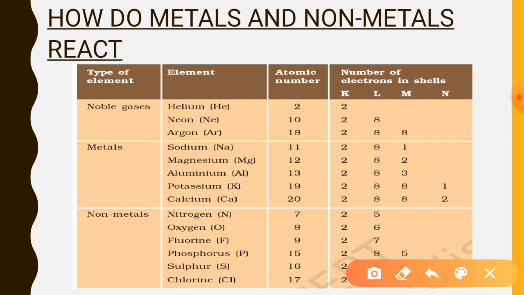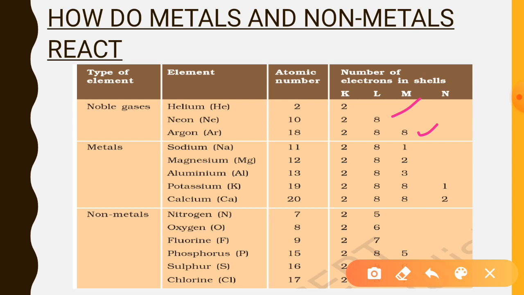The outermost shell of any element is known as its valence shell, and this valence shell decides the chemistry of that element, whether it will react or not react, or it will give electrons, or it will accept electrons. All these things are decided by the valence shell. Now neon has electronic configuration 2, 8. So both K and L shells are filled, and argon is 2, 8, 8. In this way K, L and M shells are completely filled.